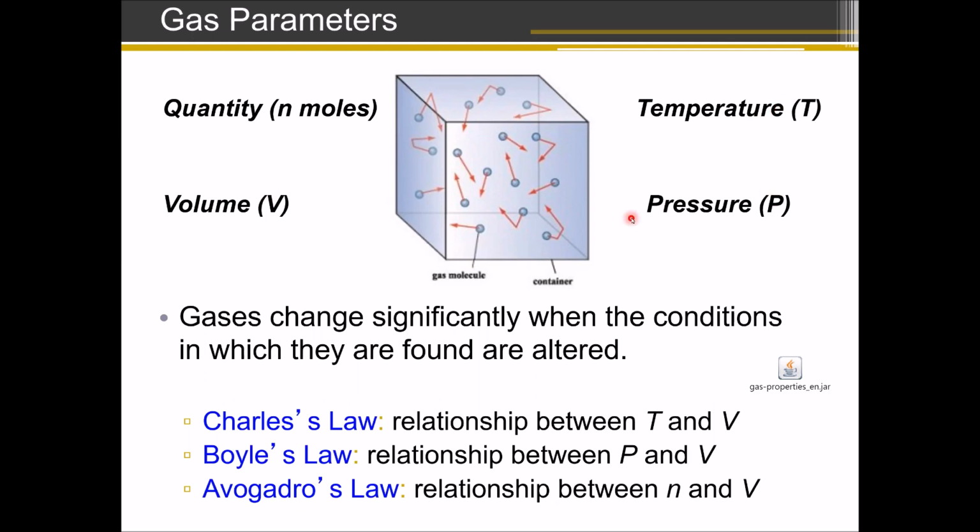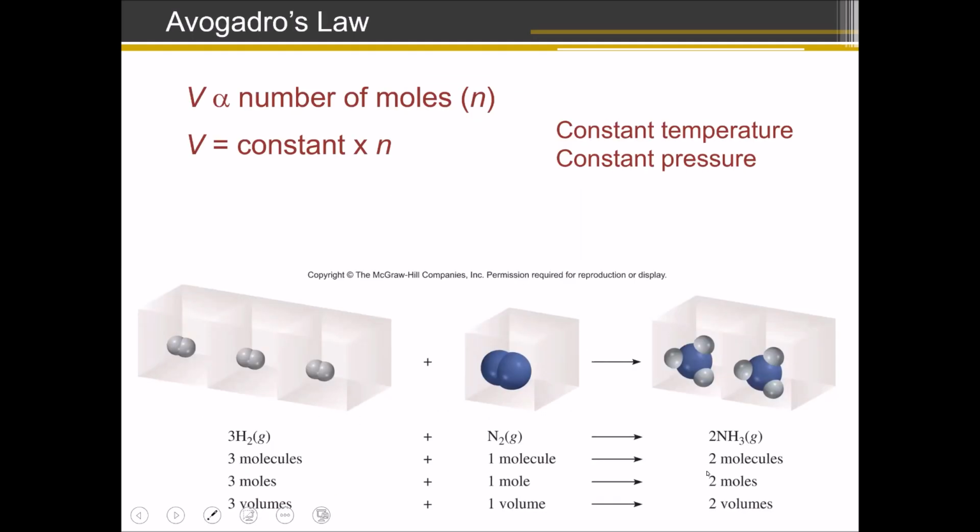And those three relationships, the relationship between the quantity of the gaseous sample with its volume, and the relationship between the volume and temperature, and the volume and pressure, are the three gas laws that are later gonna get combined into the ideal gas law. And we're gonna discuss those step by step. I'd like to get started with